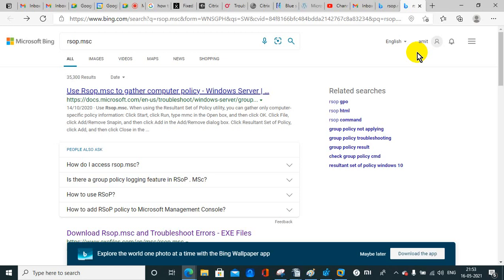Suppose it is a single user, then obviously it's not from the Citrix side. You need to connect with the Active Directory. If it's for multiple users, then you need to check from the Citrix side. But before that, you need to prepare your homework, and you need to check whether all required policies related to the Citrix user profile are enabled or not. Okay.